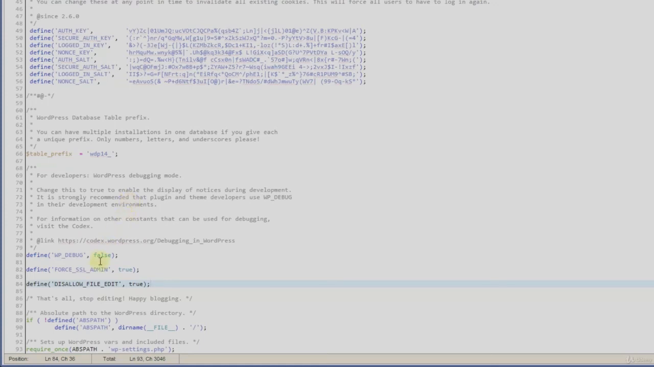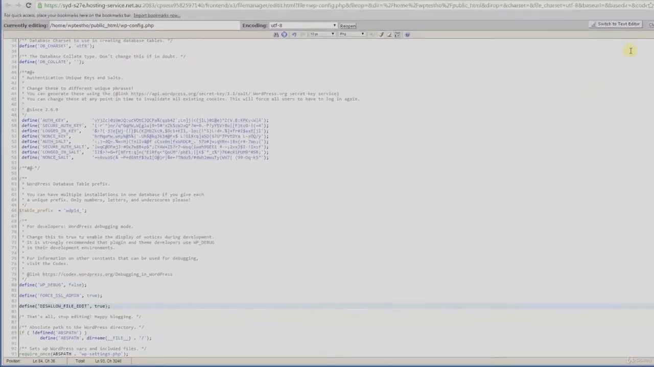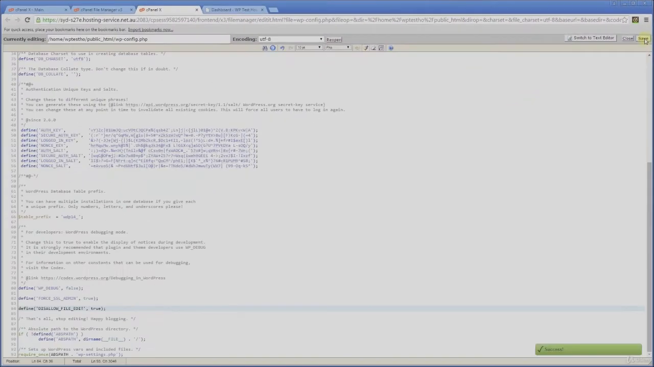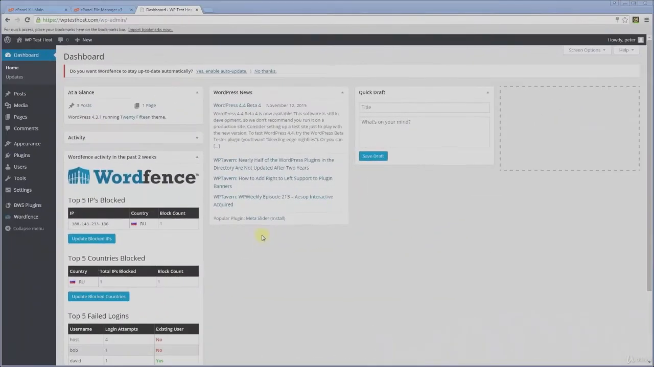So once we've added the file setting, we'll go up to save. And we'll close the file down. So now we've disabled file editing, we'll see what effect this has within the dashboard. So you'll have to log out and log back in again as your administrator account into your dashboard, which I've